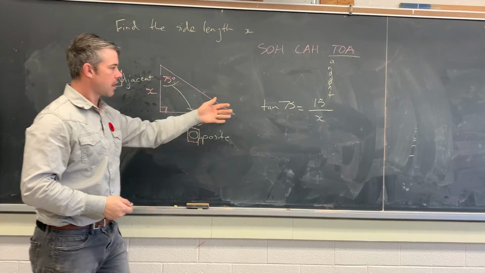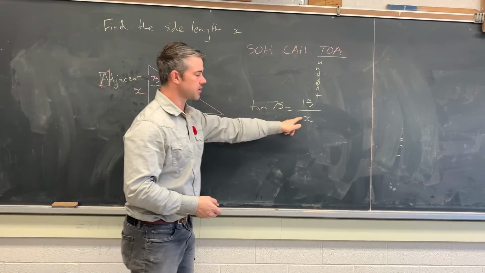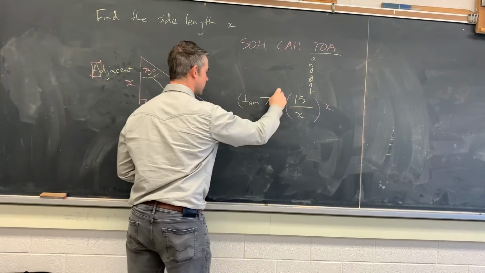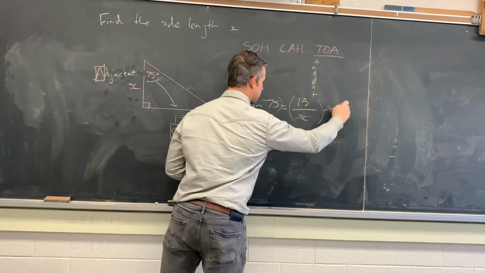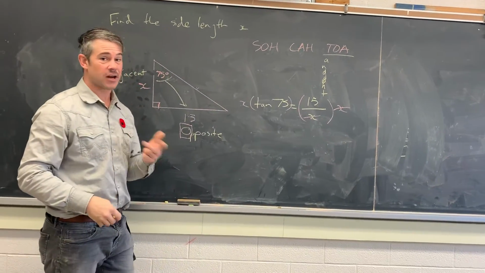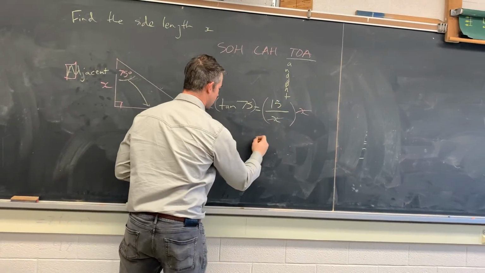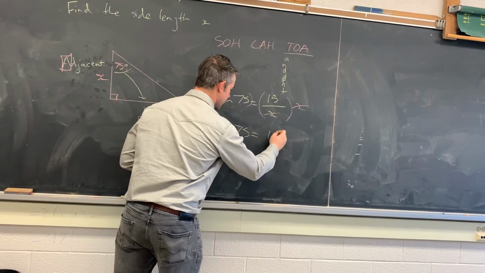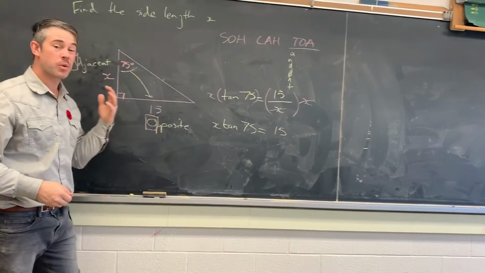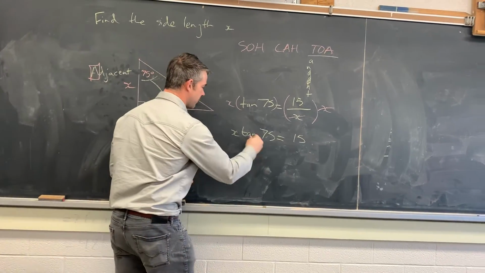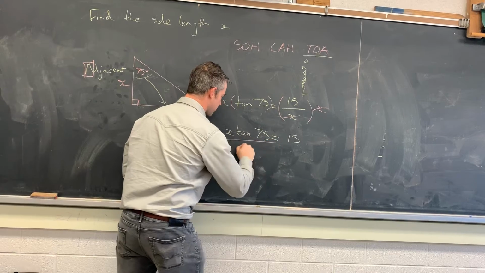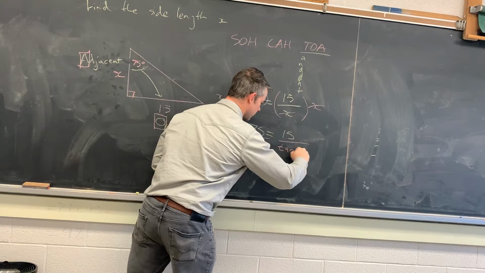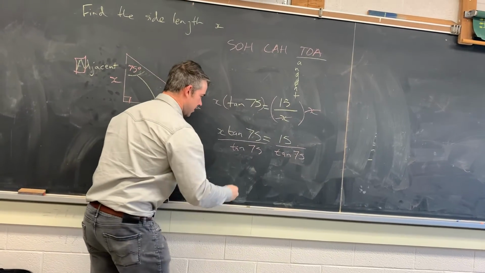Well, because we have x in the denominator, we actually need to multiply both sides by x to isolate it. Because to solve for a variable means to get it alone in the numerator side. So those would cancel and we're left with x tangent 75 is equal to 15. Now we want x all alone. So we'll get rid of this tangent 75 by dividing both sides by tangent 75. So when they cancel,